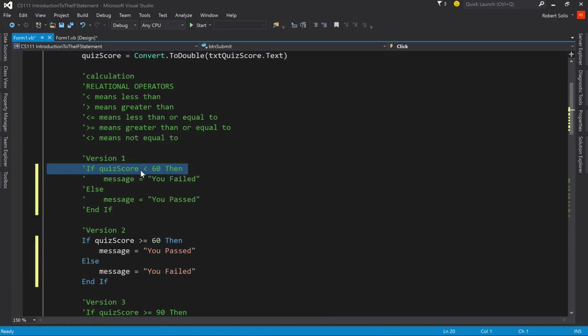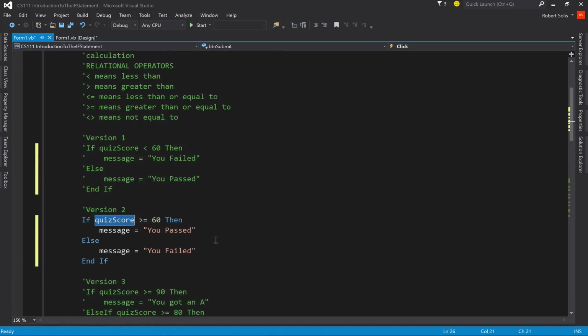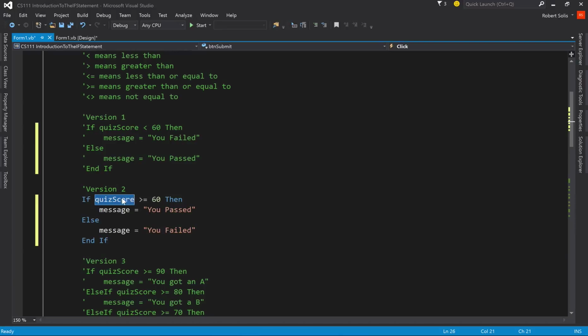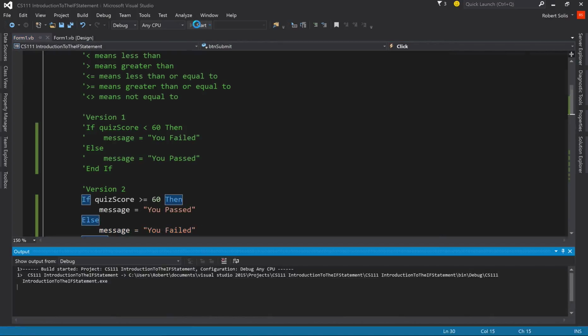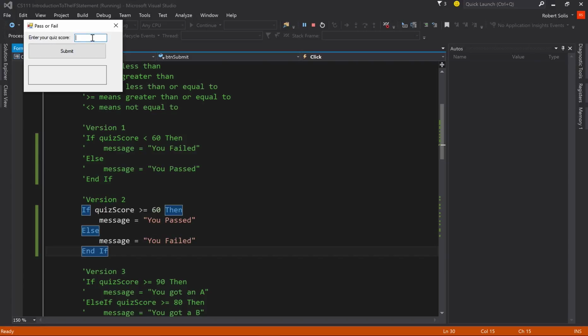Here I was asking if the quiz score is less than 60. Here I'm asking if the quiz score is greater than or equal to 60, because if it is greater than or equal to 60, then you passed. Otherwise, you failed. So again, just from a different perspective, I'm going to run the program, and I'll enter